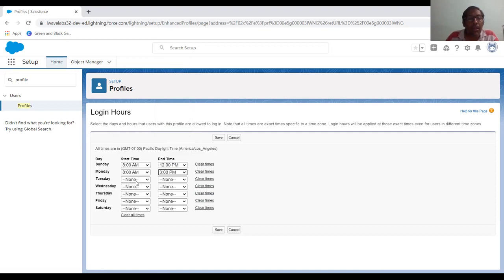The other days are also going to be between 8 AM and 3 PM. Wednesday also is between 8 AM and 3 PM. Thursday also is from 8 AM and between 3 PM.